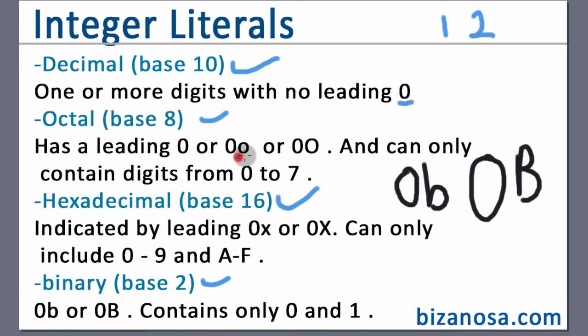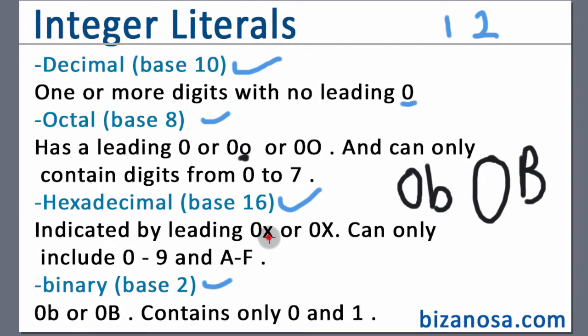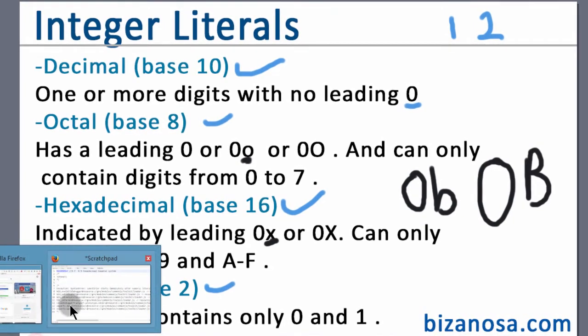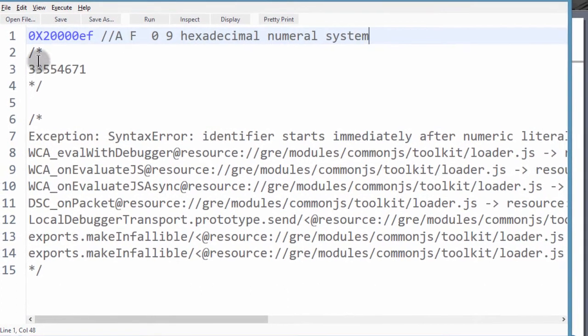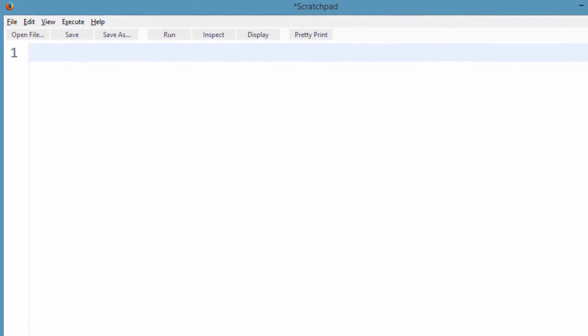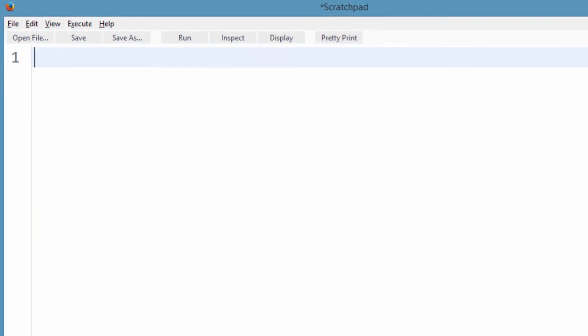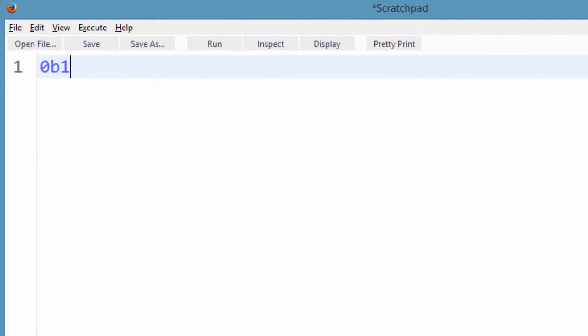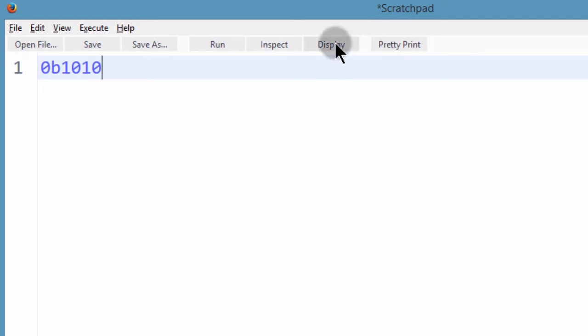Like here, the O is for octal, and here the X is for hexadecimal. If you want to tell the system right away that the number we are talking about is a binary, you'll just do 0, B, and whatever number it is, 1, 0, or maybe 1, 0, then you display that, which is 10. Then let's say we declare a variable, we call it num is equals to